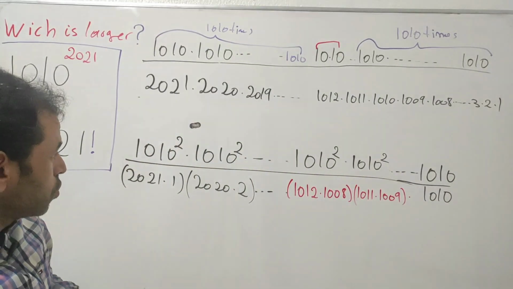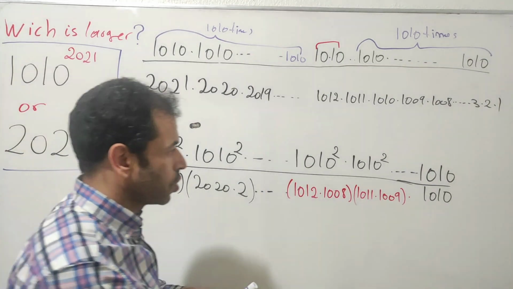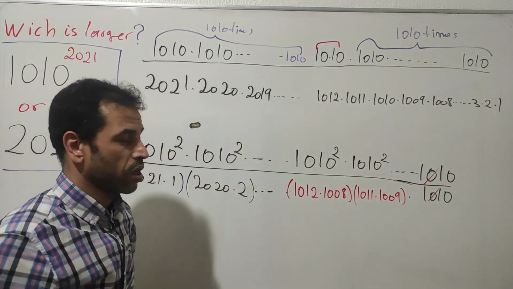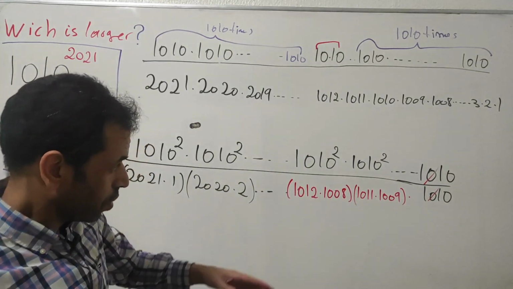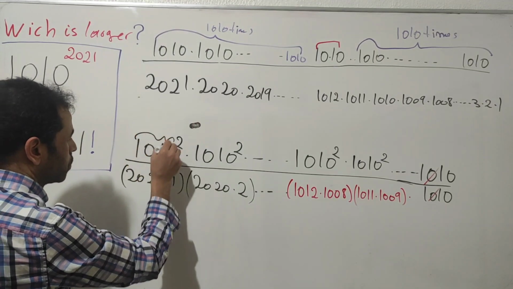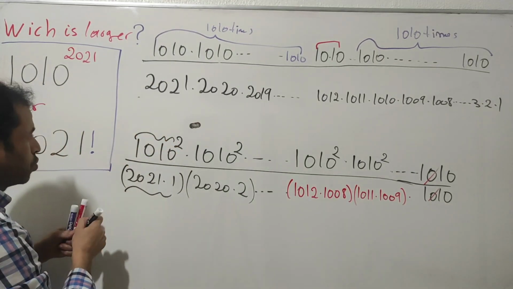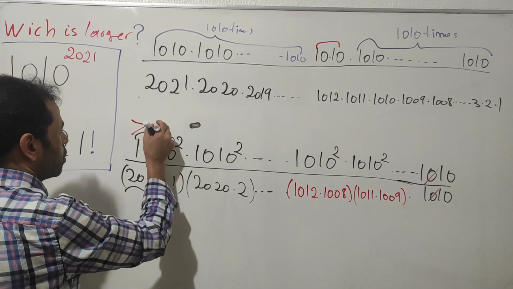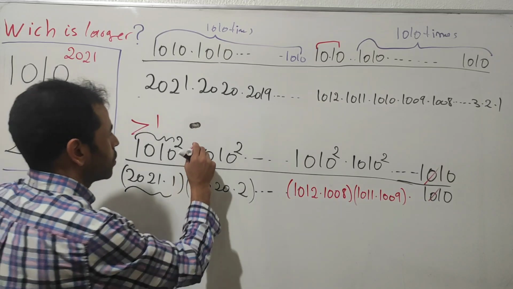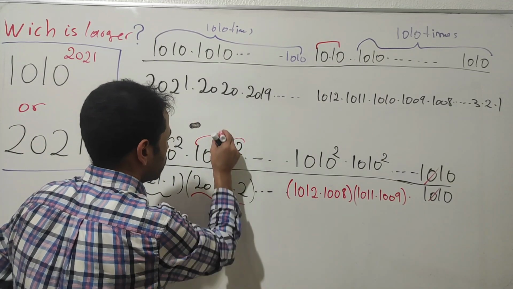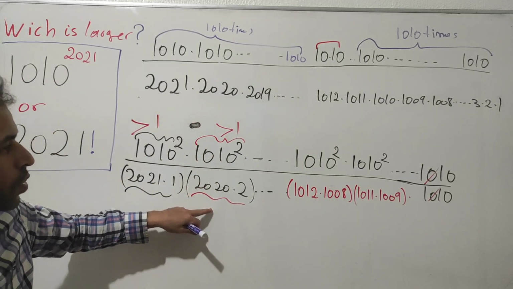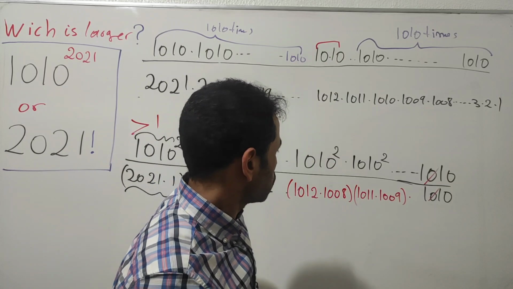I'm going to compare each term here. This one is clearly number 1 as you compare the denominator and numerator. For this one, if you compare it with this one, clearly this fraction is bigger than number 1. As you compare this term with this term, the fraction, this one over this one, is also strictly greater than number 1. So what's going to happen here? The biggest